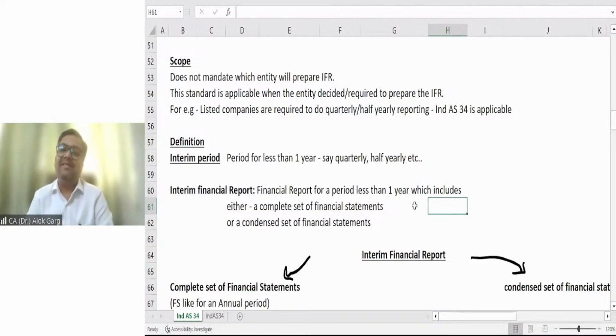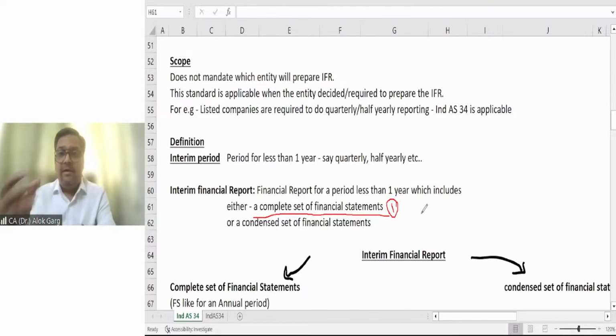So the standard has given you 2 choices. Choice number 1, if the company wants to prepare the quarterly financial statement as detailed as the annual financial statement, the company can prepare that. It is known as a complete set of financial statements. So an interim financial statement can either be considered as a complete set of financial statements, that is number 1,